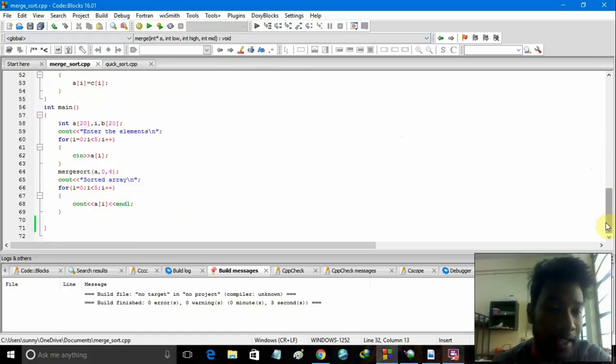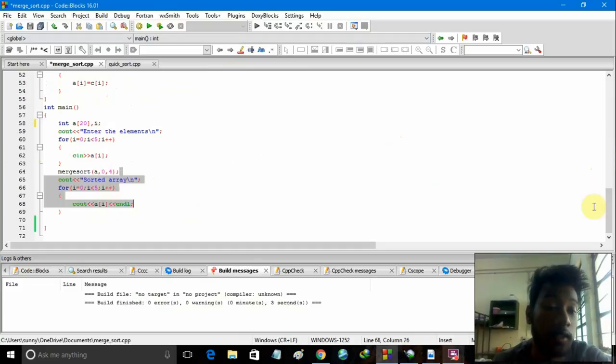And inside our main program we have an array a of 20, and after that I have displayed the output message as enter the elements. And there is a for loop for i is equal to 0, i less than 5, and i plus plus, so it will take the values inside the array. And after that I have called the merge sort function, which will call our merge function, which we explained earlier. And after that it will display the sorted array using a for loop, and this is our sorted array a of i. When we run this program,